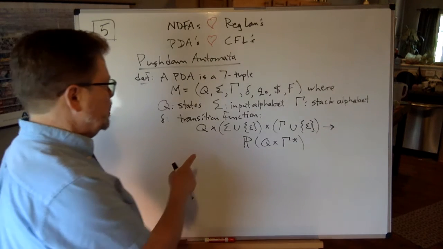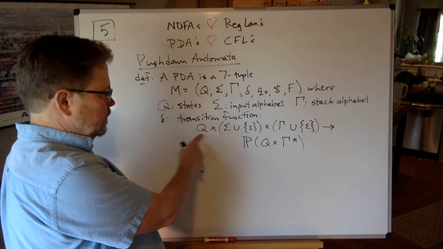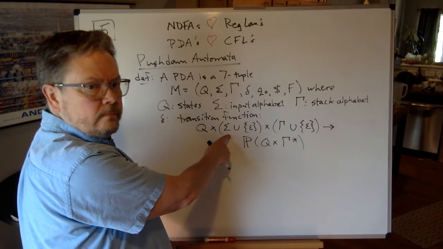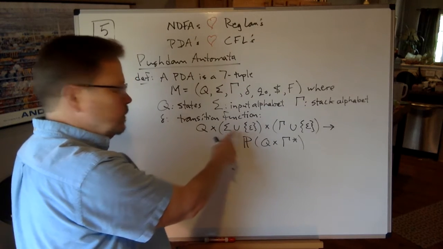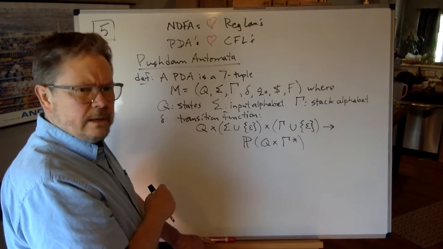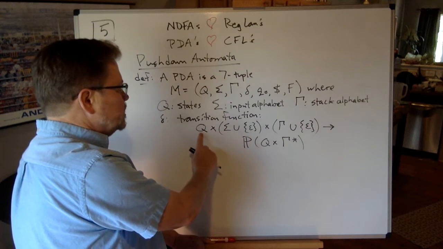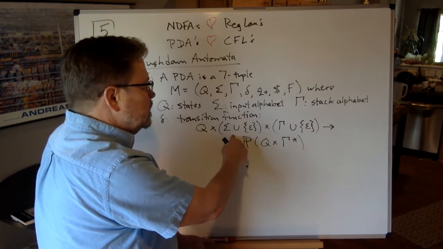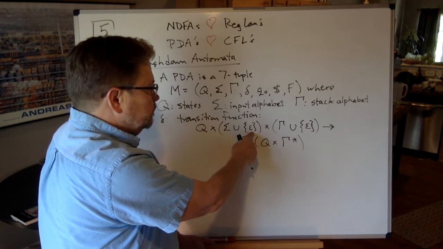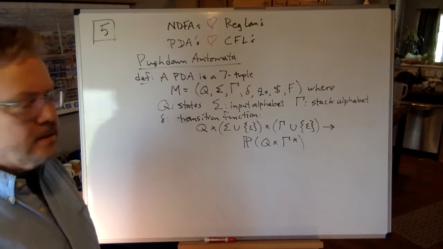What about these ordered triples? The ordered triple is, this is a state, then comma, and then in the general case we've got an input symbol. Or, here's a weird one that we didn't have in finite automata. Well, we had that, yeah. Epsilon arrows. We had epsilon arrows. Oh, yeah, what was I thinking? So either it's going to be a state, comma, and then an input alphabet symbol, or the epsilon character. And then the third piece is going to be a stack symbol.